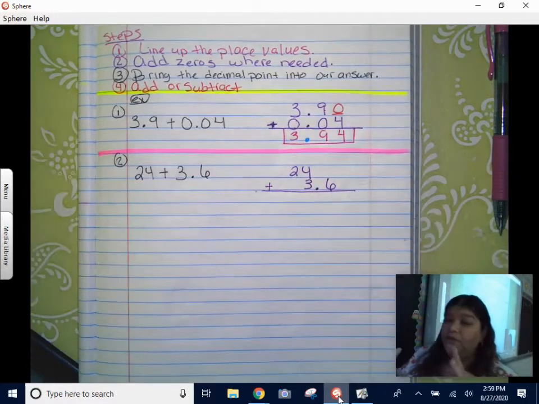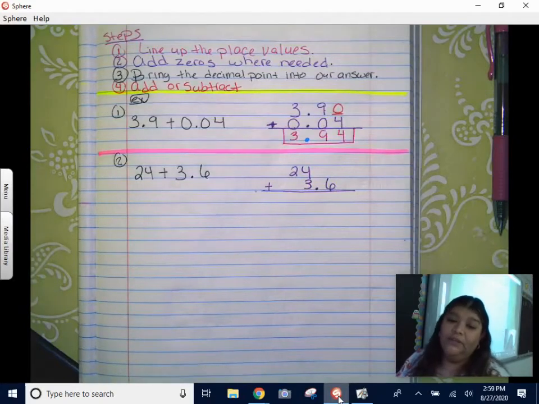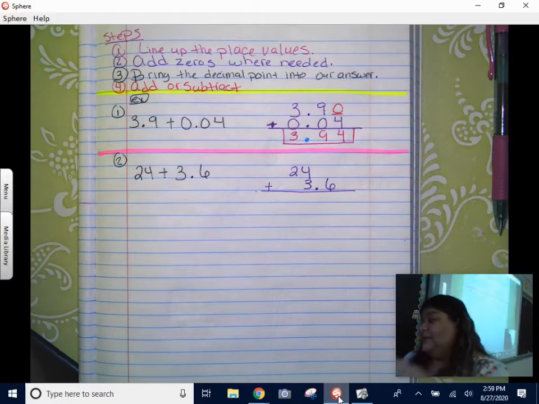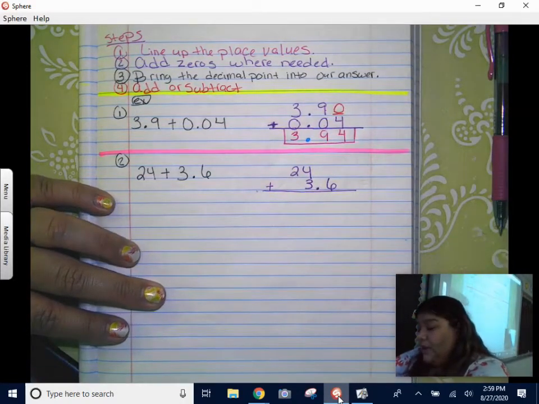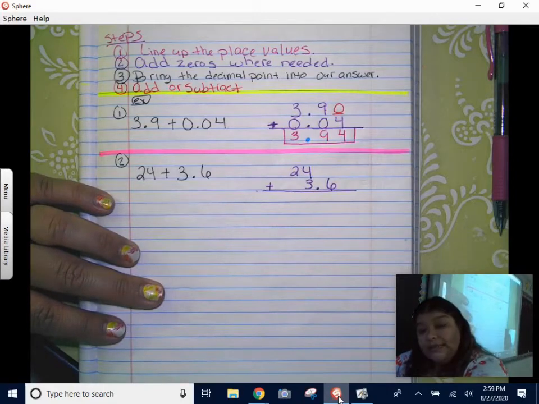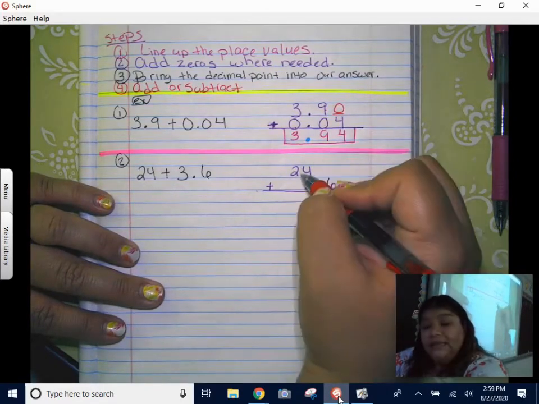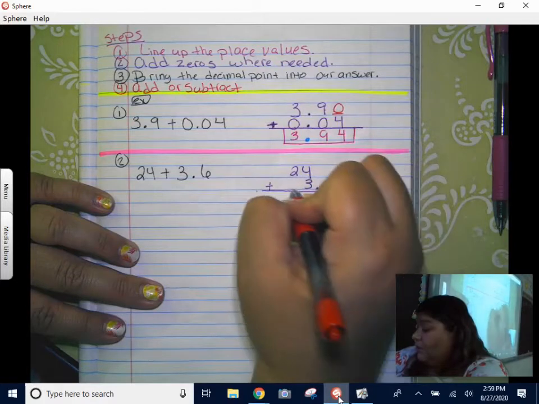Don't put 24 and then 3 and 6 underneath. Don't put the 3 under the 2 and the 6 under the 4. That's the main mistake that I see, okay? So be careful there. That's step 1. Step 2, add zeros where needed. Let's take a look. Well, in the tens place, looks like I'm missing a whole number, so you can add